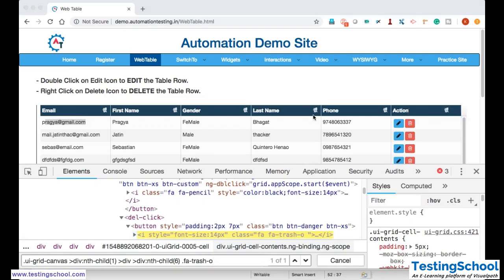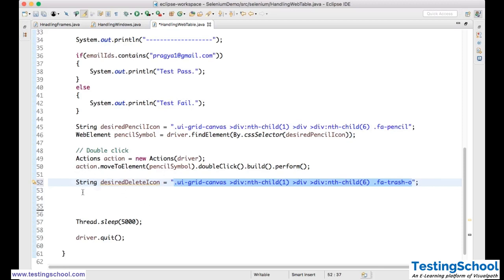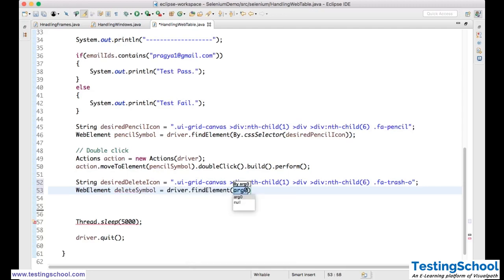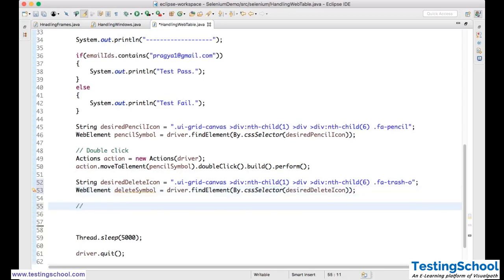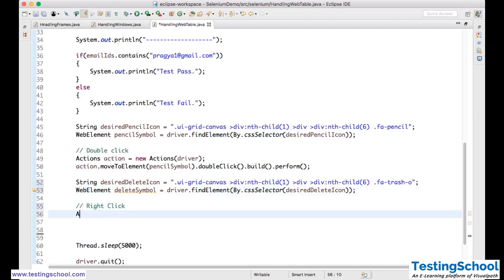Okay, so what I'll do, and then WebElement delete symbol is equals to driver dot findElement by dot cssSelector desired delete icon. Okay, now I need to do right click here. Okay, this is a right click action. In the same way,